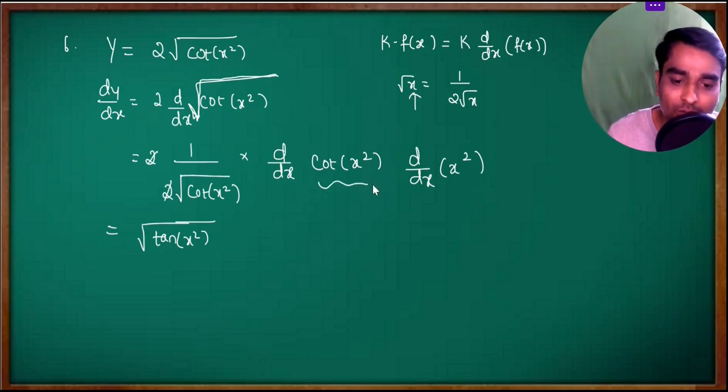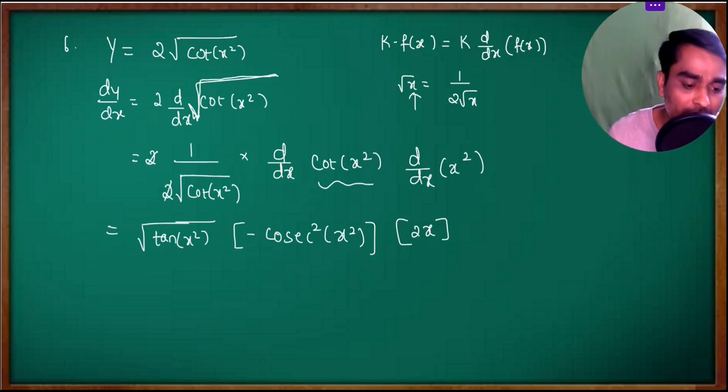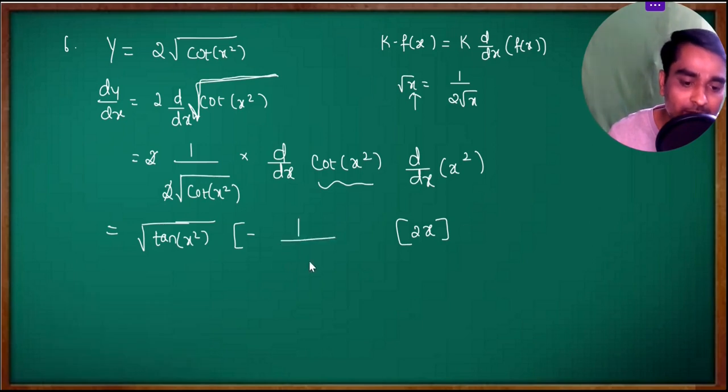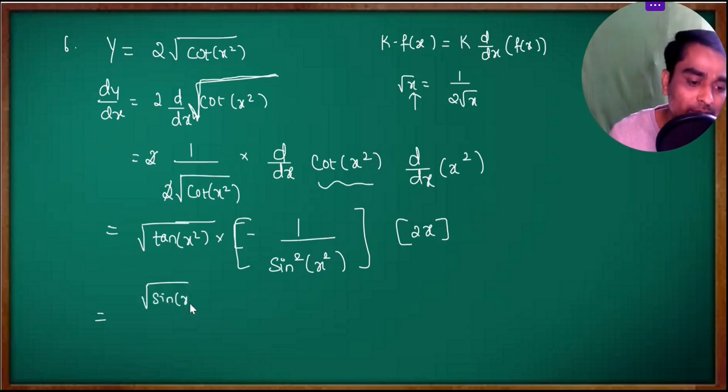Now, what is the differentiation of cot of x square? It's minus cosecant square x square. Then, what is the differentiation of x square? Which is 2x. Can I write this cosecant square as 1 by sine square? So, I will write this as minus 1 by sine square x square. This is all multiplied. All these are multiplied. Can I write this root tan x square as root sine of x square